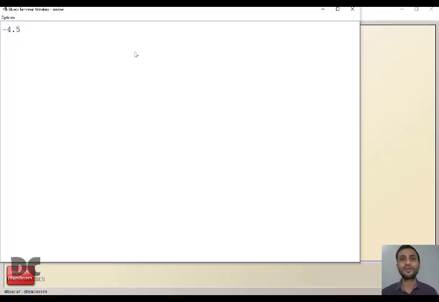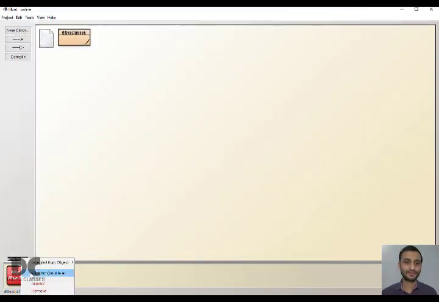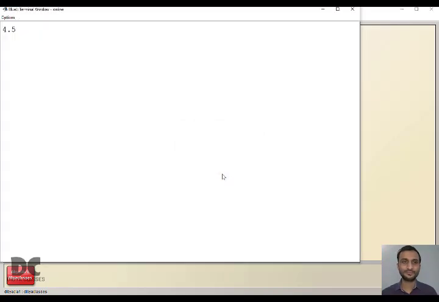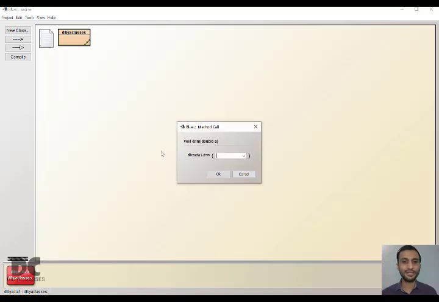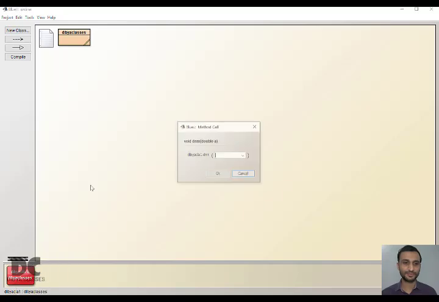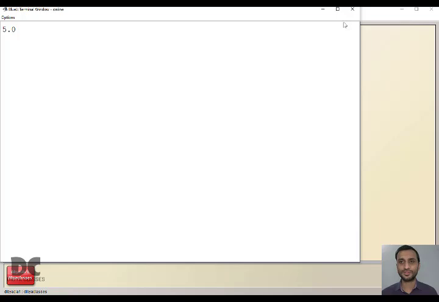See, it got converted to a negative number. Let us enter minus 4.5. See, it got converted to a positive number. If I enter an integer number 5, automatically it will get converted to 5.0 and its negative, that is minus 5.0. Similarly, if I give minus 5, I will get 5.0.